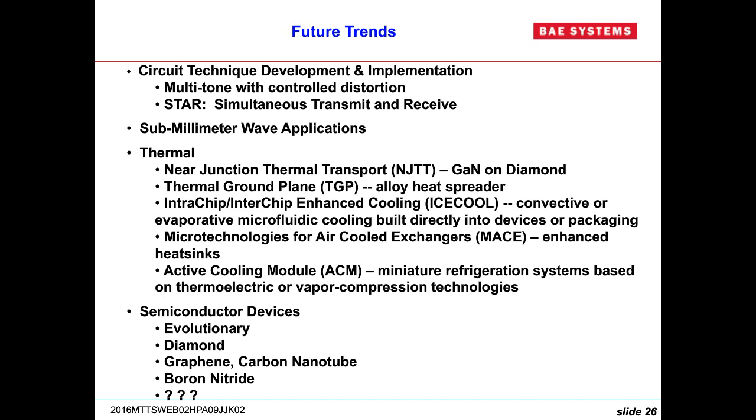Boron nitride, some people have said that it may be the next GaN, but still significant development needs to be done with boron nitride. And then who knows what may appear on the scene. Gallium nitride itself was a bunch of people doing research on optoelectronic materials, and they noticed an odd conductivity in a sample. And that was due to the natural two-dimensional electron gas caused by the piezoelectric effect. And so that's how GaN got discovered. It wasn't developed as a microwave power device. It just was a happenstance in the material world.